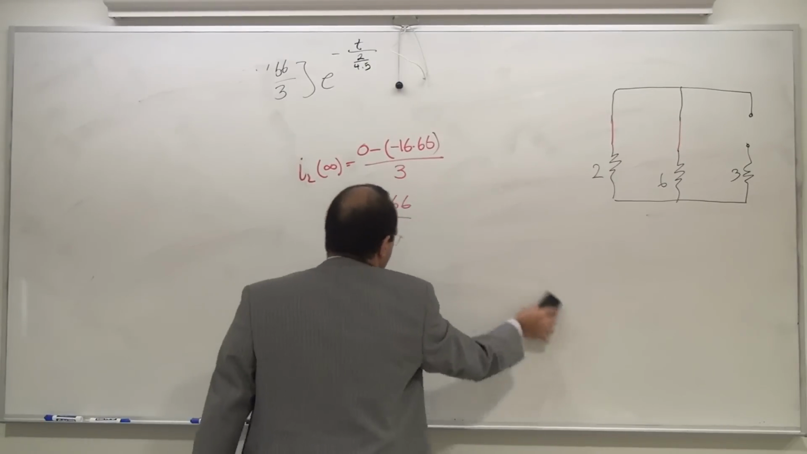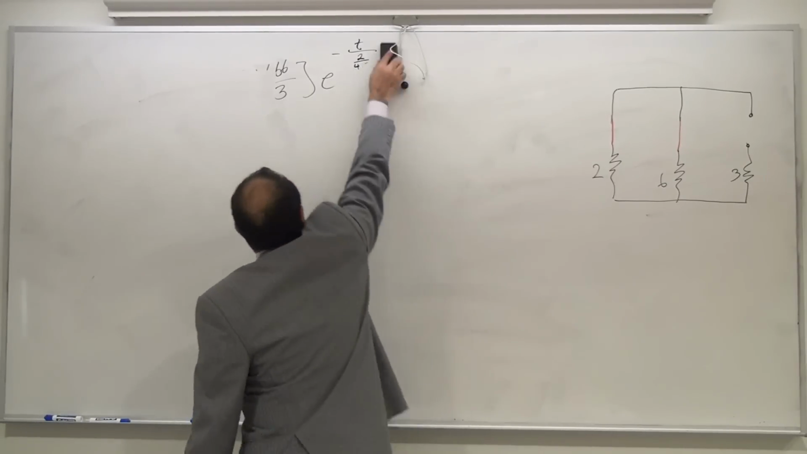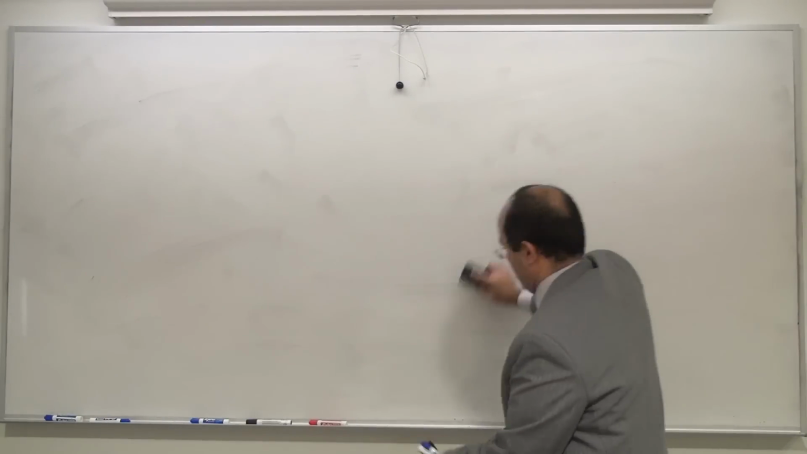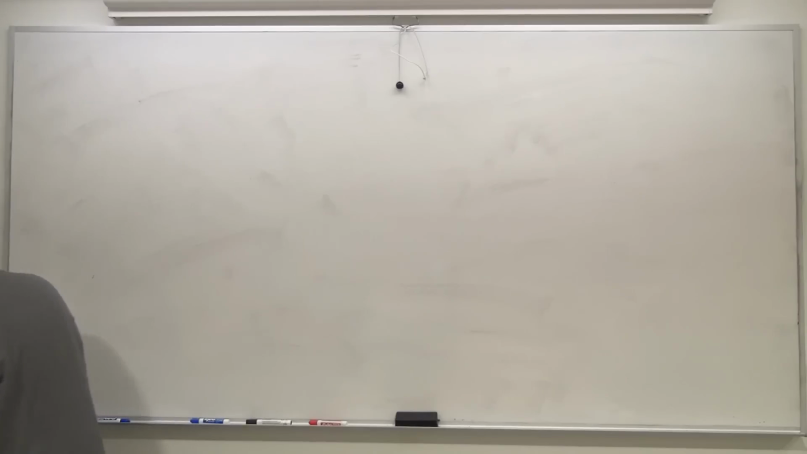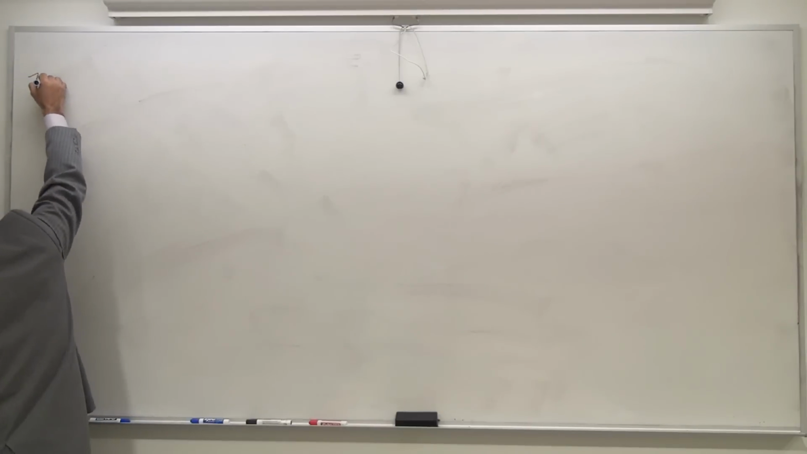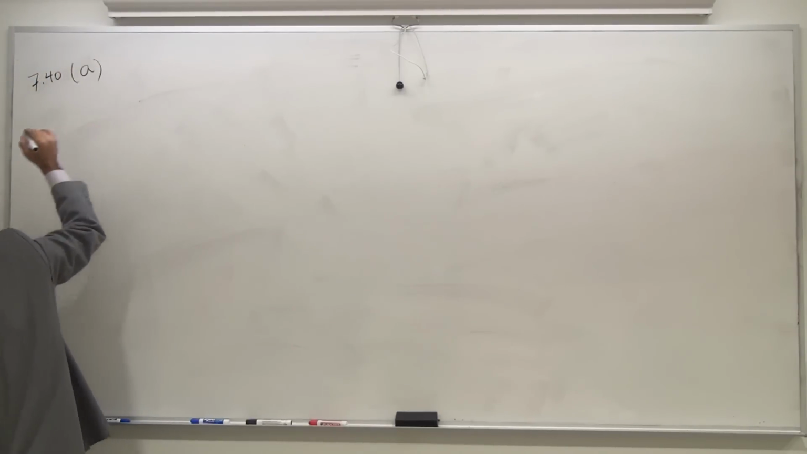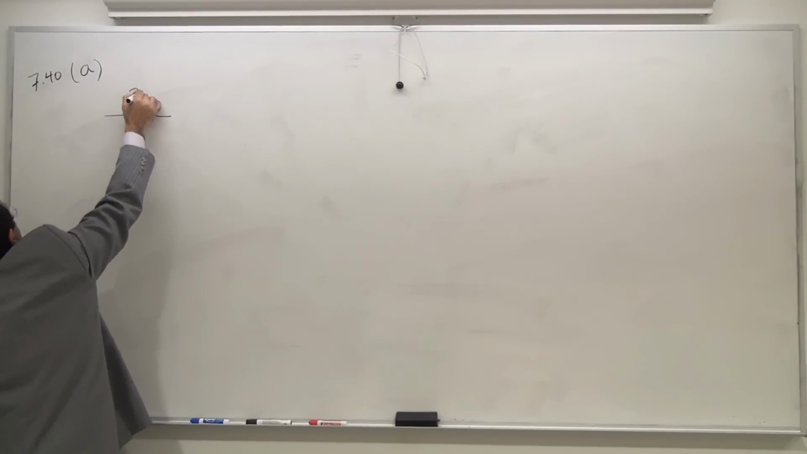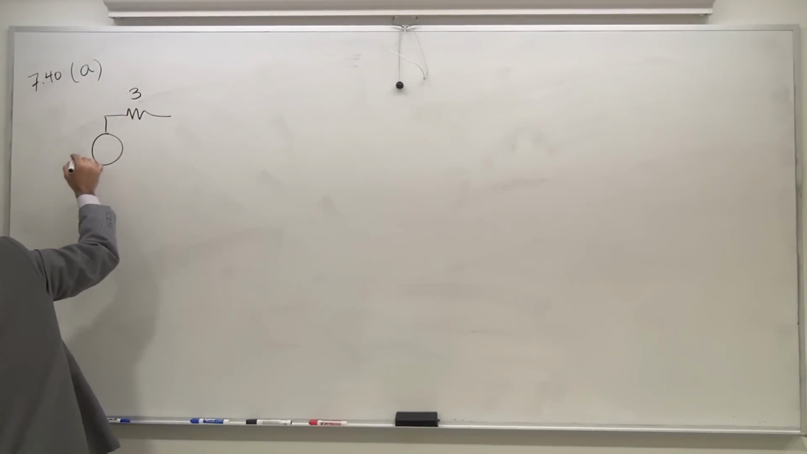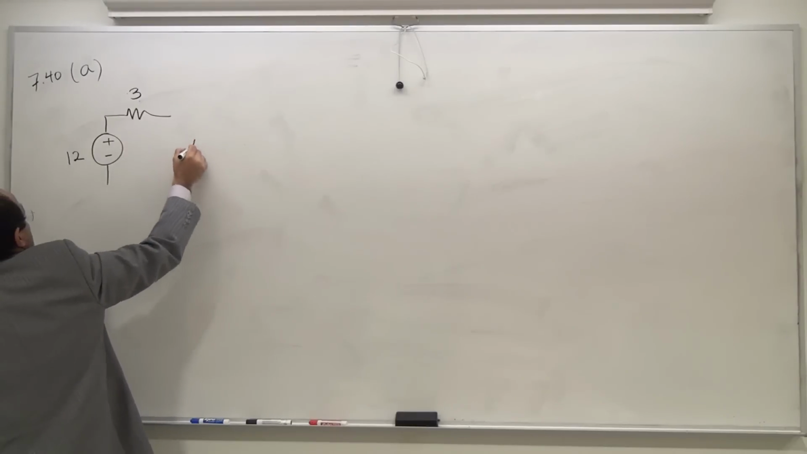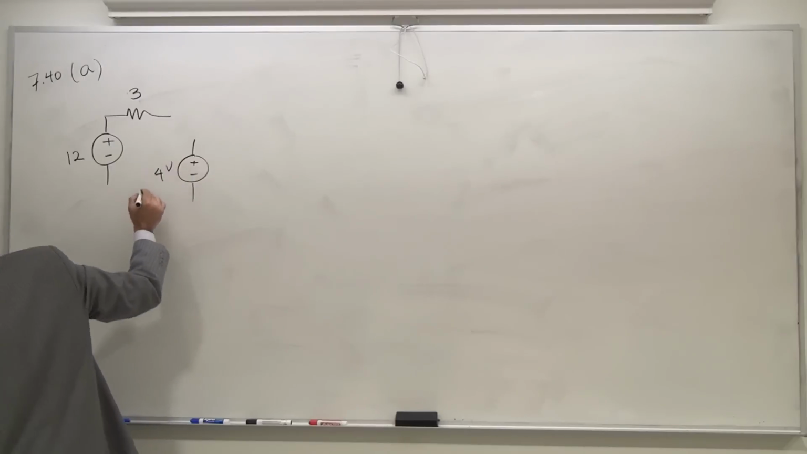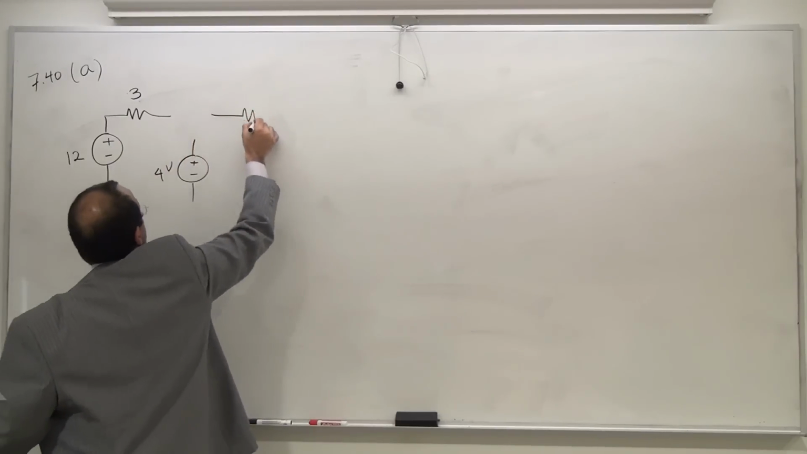So I hope as we progress, all the information would be coming in and you will be able to handle the even numbers as well. So let's take a look at 7.40. And I'm trying to solve part A. I have a resistor of 3 ohm, a voltage source of 12, another voltage source of 4 volts, 2 ohm,